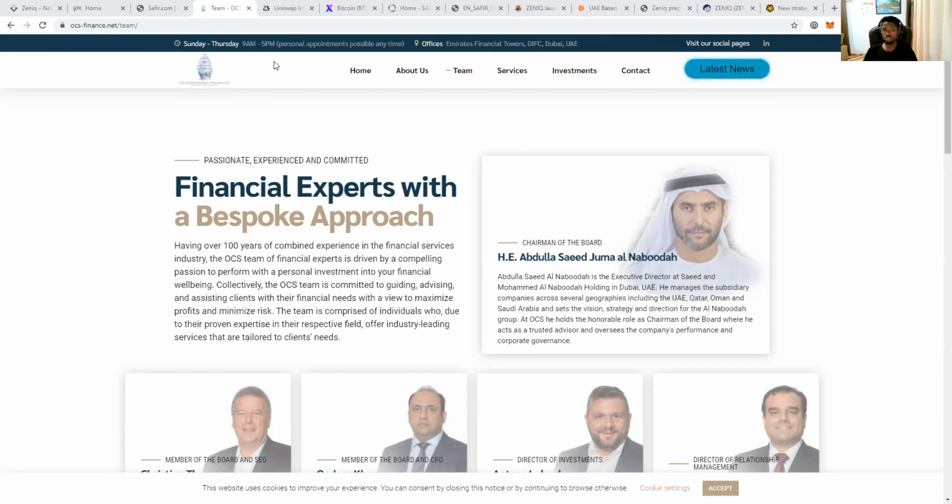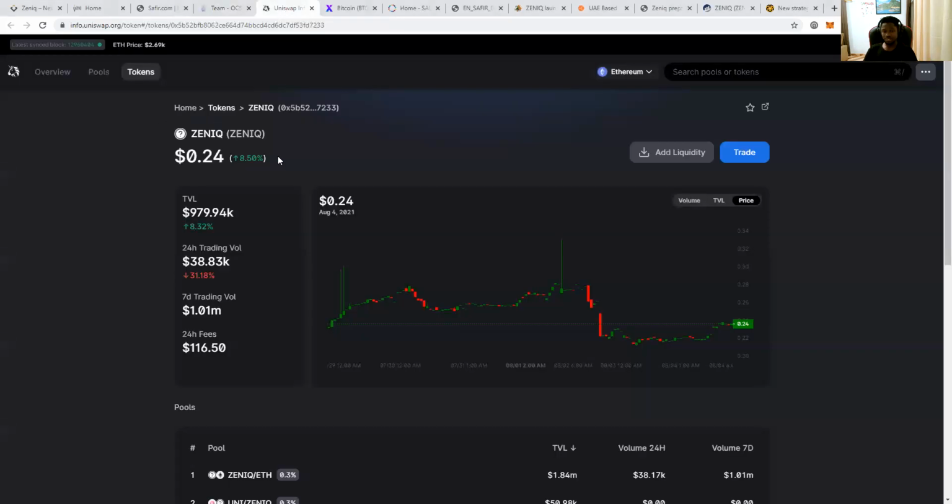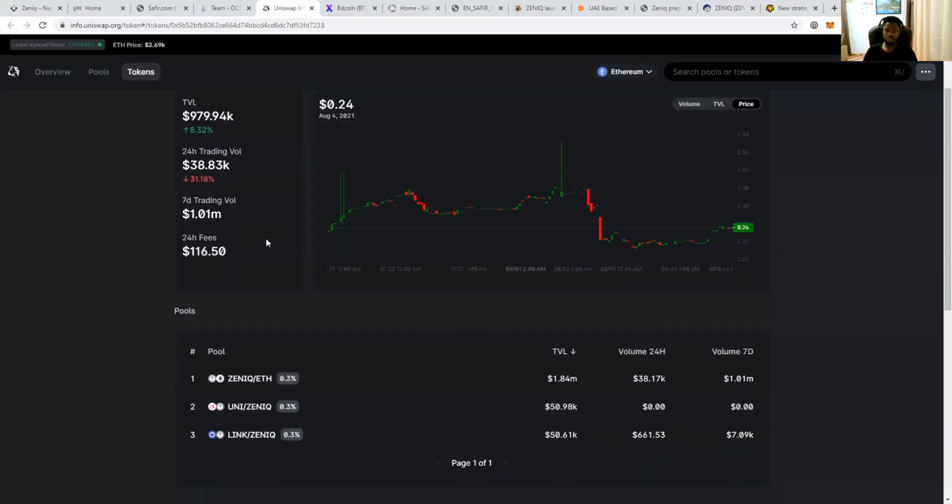Now, before we even go into the project, we want to understand that this particular token is already listed on Uniswap, and we get to see the current price right here, that's 0.24. That is to say that the token that the project presents is already tradable. So whatever happens, you can trade the token at any time of your convenience. And of course,